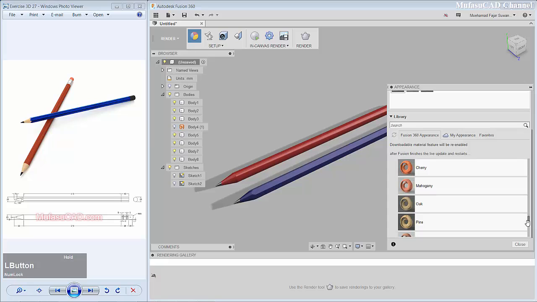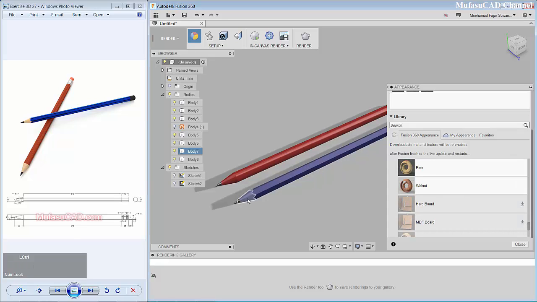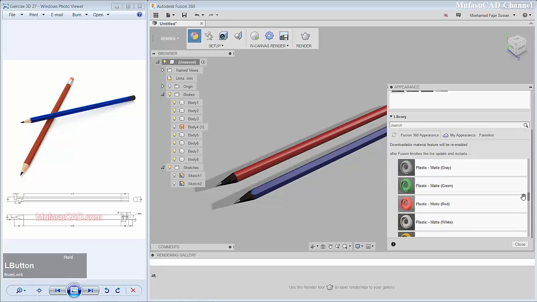You can click here wood, walnut. I will select this face and then this face. Okay, can drag and drop into this object. Okay, now I will use another material. Okay, I will use this plastic matte.